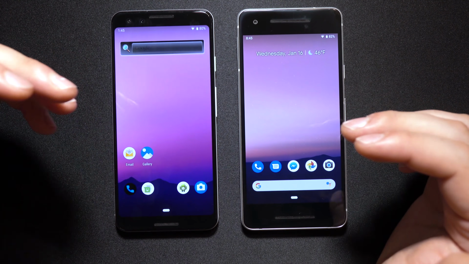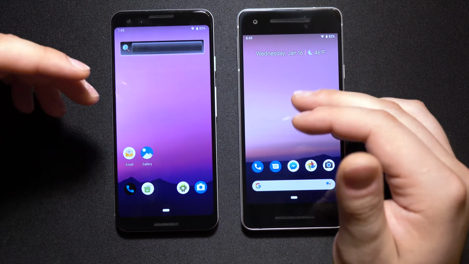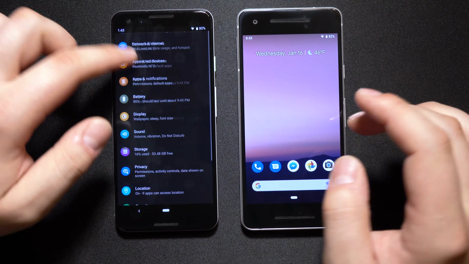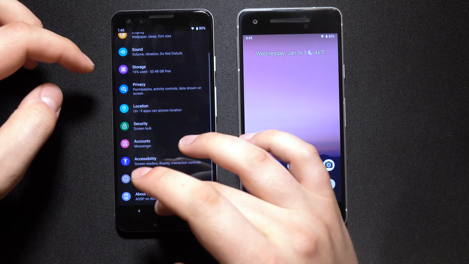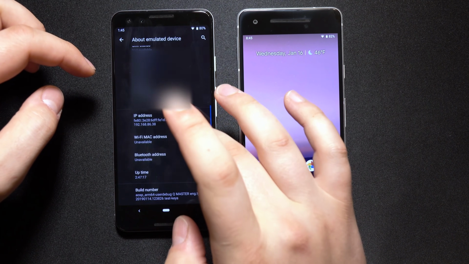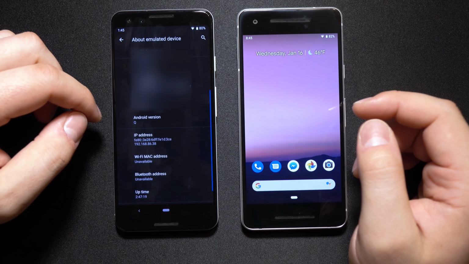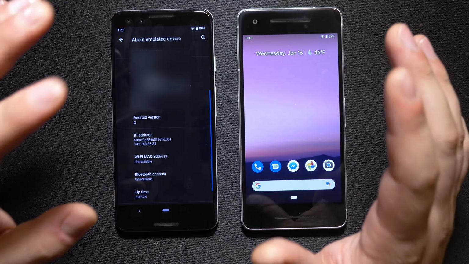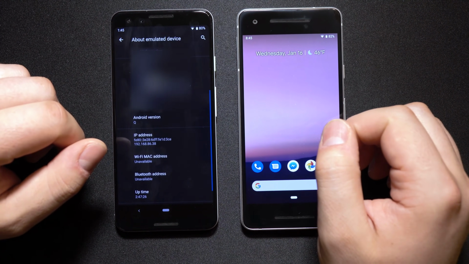So I hope you have enjoyed your first look at Android Q on the Pixel 3, and if you had any question whether this was actually Android Q, we're going to go down here to About, and there we've got Android Q version right there. So we hope you've enjoyed this first look. We will have more looks as we get more information and more builds that we can test on our devices,